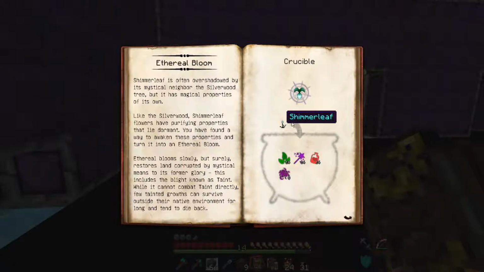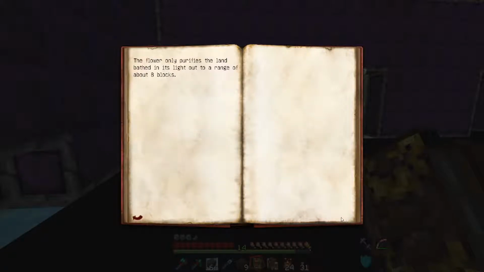They're made from shimmerleaf, and ethereal bloom slowly but surely restores land corrupted by mystical means to its former glory. This includes the blight known as taint. While others can not combat taint directly, few tainted growths can survive outside of their natural environment for long and tend to die back. The flower only purifies the land bathed in its light out to a range of about